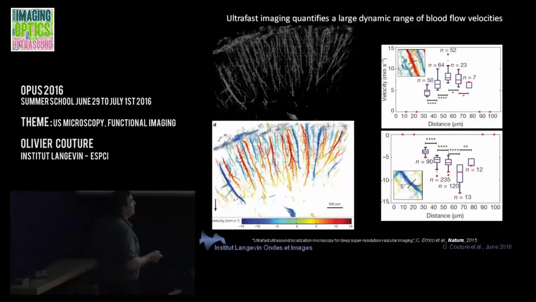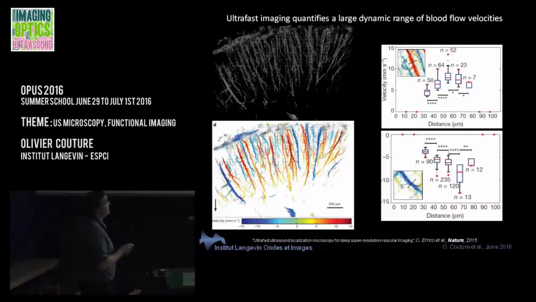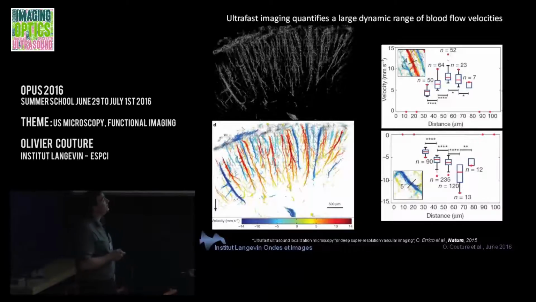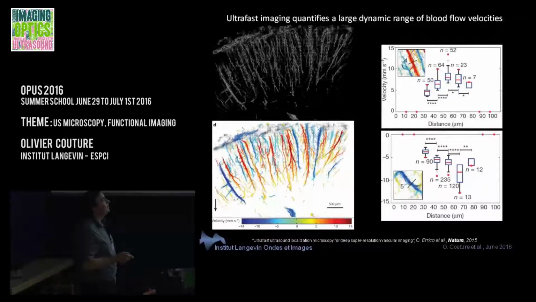And what you notice is that the dynamic range in velocity here is between a bit less than 1 millimeter to a few centimeter per second. So we actually can see a broad dynamic range of blood velocities. And the way we measured our resolution was actually through the blood flow itself. So if you take a vessel, for example, and you expect that you would have some sort of parabolic or Poisson flow,